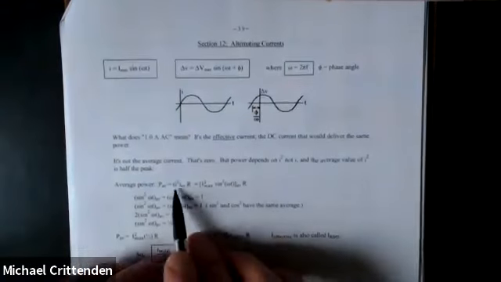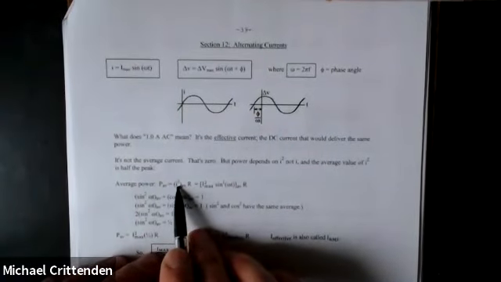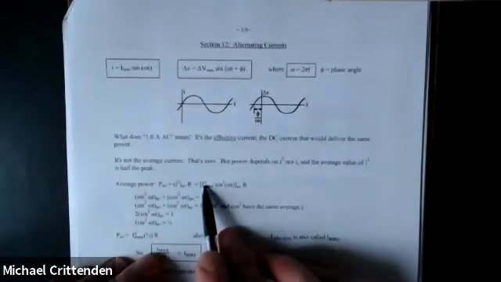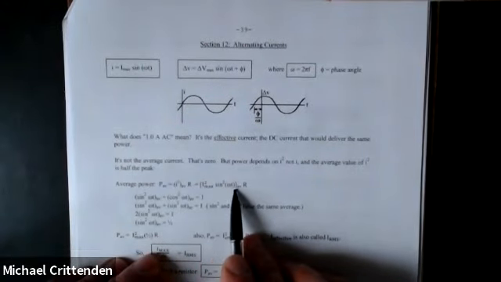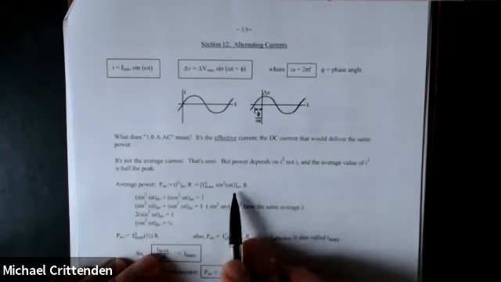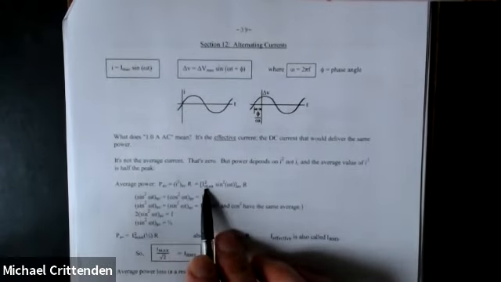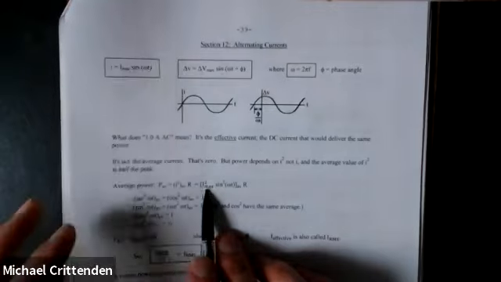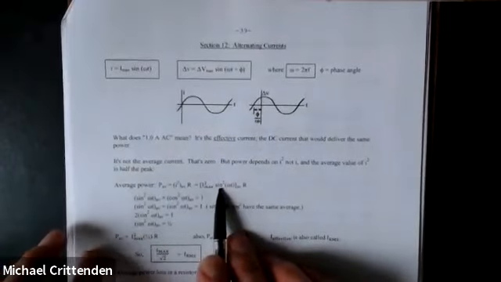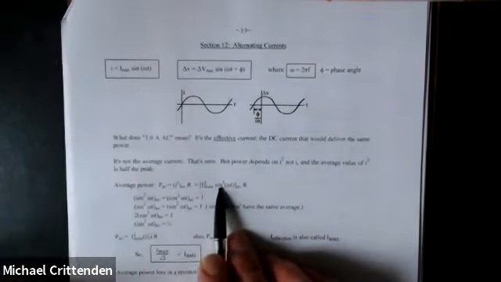So anyhow, the average value of i squared would be the square of this function, I max squared times the sine squared, the average of that. Well, for a constant squared, the average value of pi is pi. It's not too hard to average a constant. As for averaging the sine squared, well,